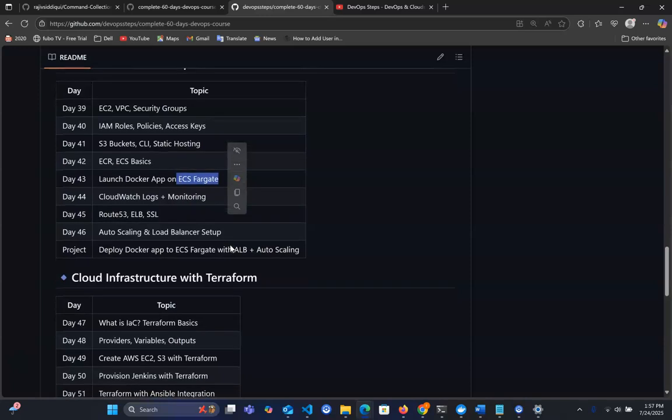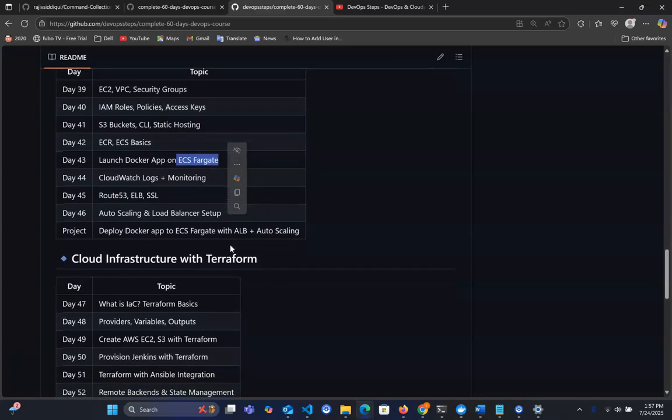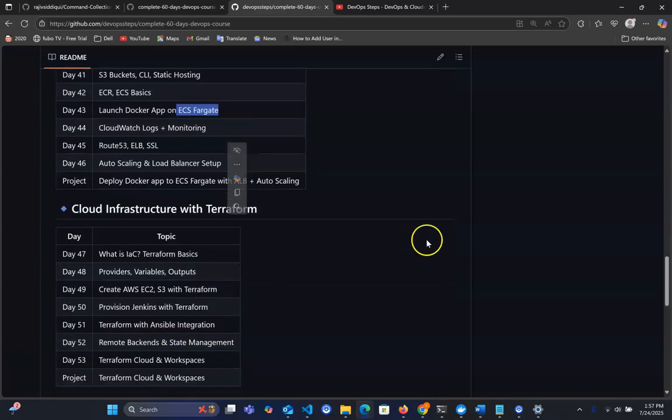Then we'll understand what is CloudWatch and monitoring, Route 53, ELB, and SSL certificates, and how we can create them for free in AWS. Then auto scaling and load balancer setup, and we'll create a project to deploy Docker apps to an ECS target with ALB